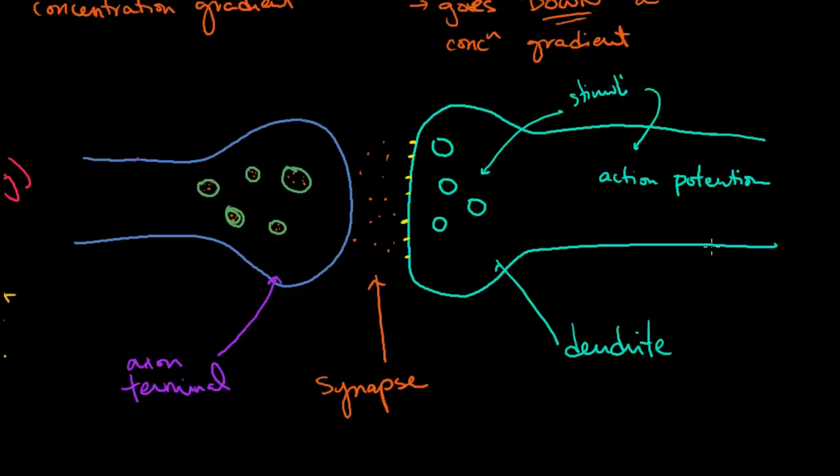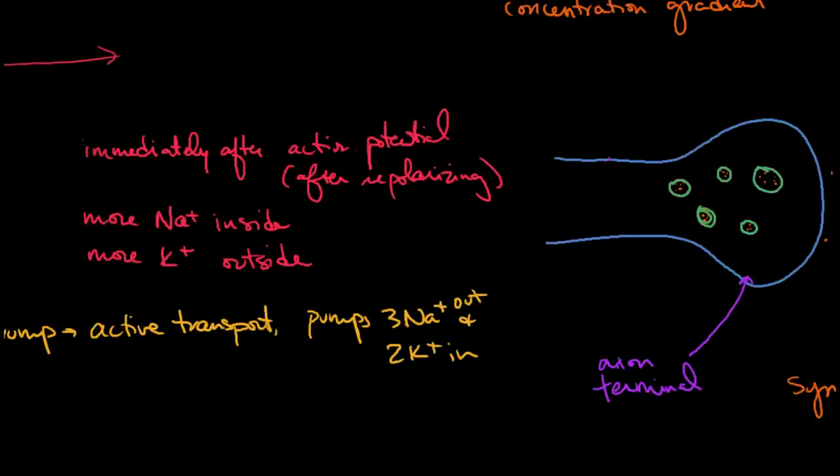Okay, so that's the idea that you need to be able to explain. And there are lots of different kinds of neurotransmitters, and we'll learn a little bit more about that when we get to our option E, which is on neurobiology and human behavior. Okay, and I think that squares us off for these three